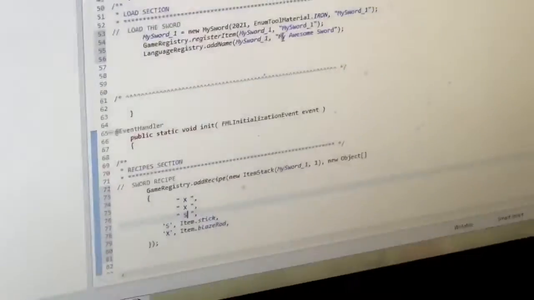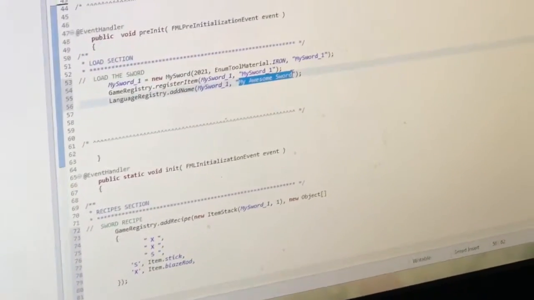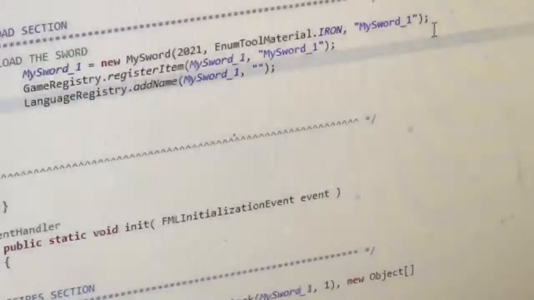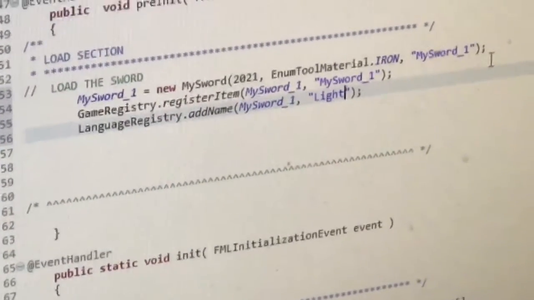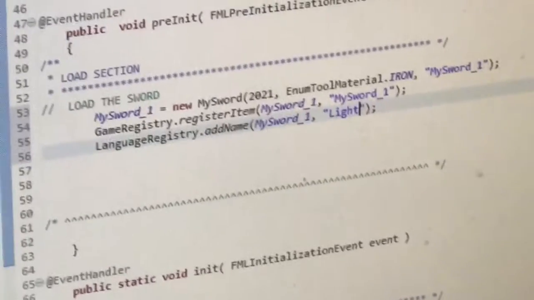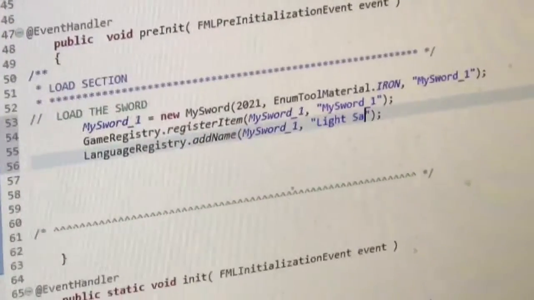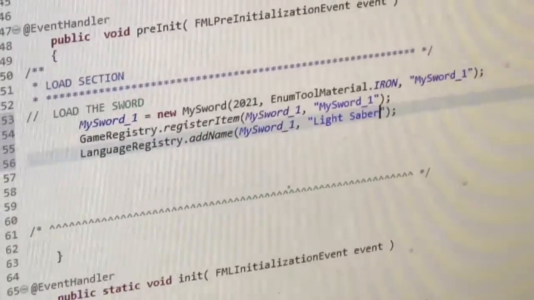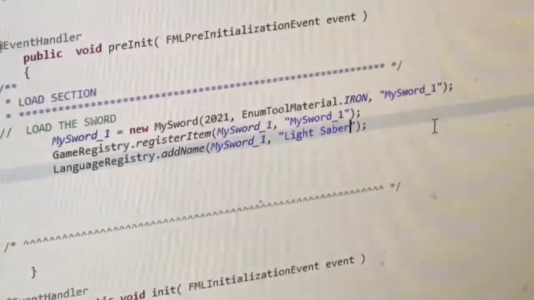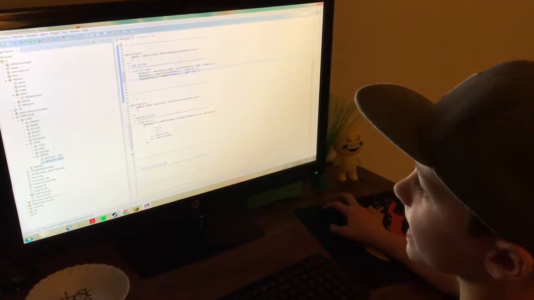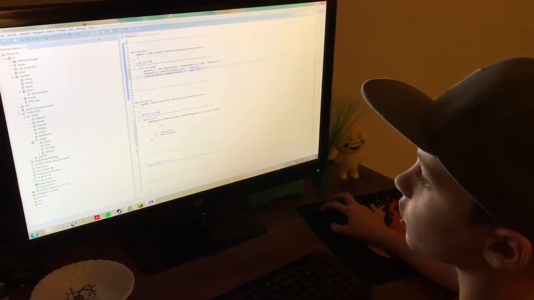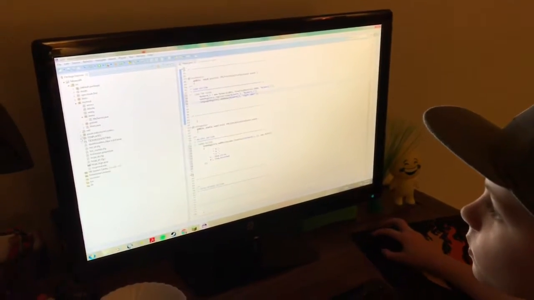And this only section is what you want to name it. So I'm gonna name it lightsaber. Now that we created our lightsaber, encoded it, and designed our image, I would close all of these and